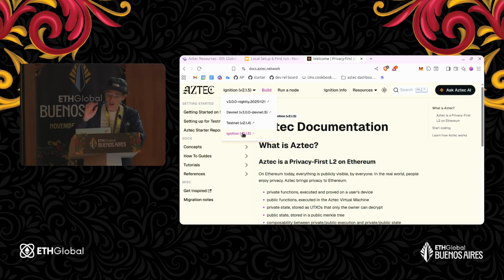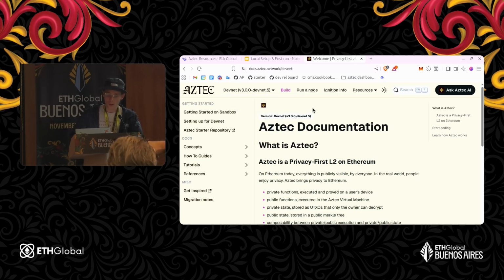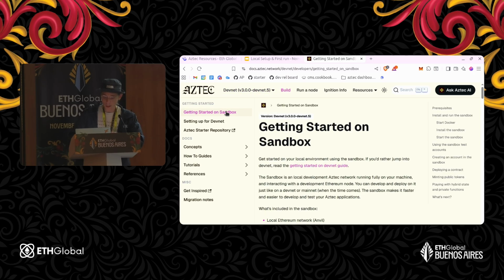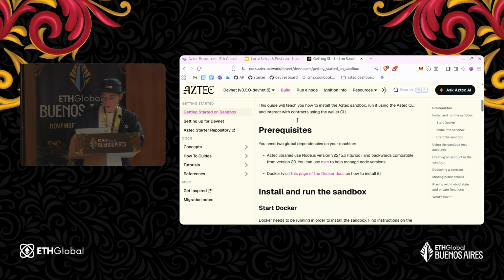The version that we're going to want to be developing on throughout the weekend, I'd say, is this DevNet version. So when you're going to the docs, click on this DevNet version. We have a public DevNet deployed, and we're just running the node for this, but it is publicly available. So if you're deploying contracts, anybody else can interact with these contracts, and we can test them in a public way. We can look at the DevNet block explorers and see our transactions. So use the DevNet version of the docs,